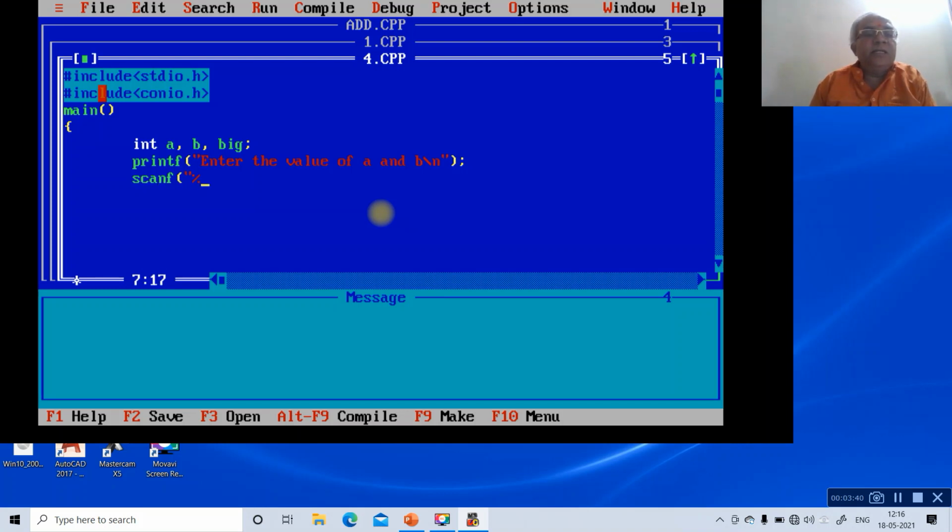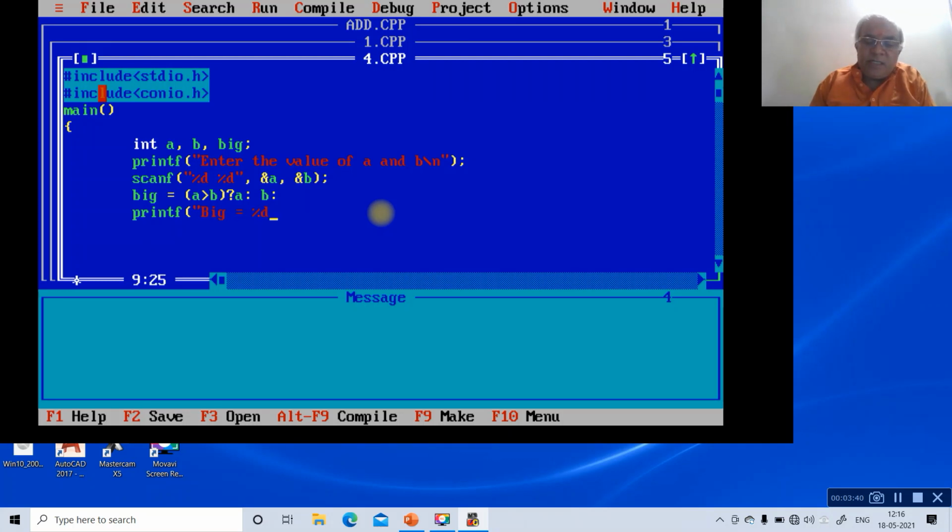Since it is the integer type, %d within the quotes, then ampersand a and ampersand b and semicolon. Then big will be equal to a is greater than b, then we have a question mark, a colon; if it is true, a colon, then if it is false, it will be b, then semicolon.